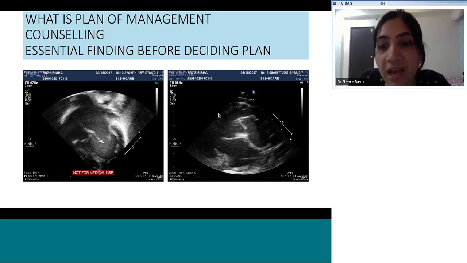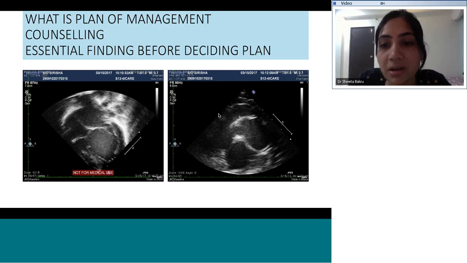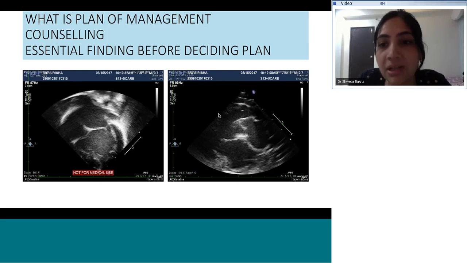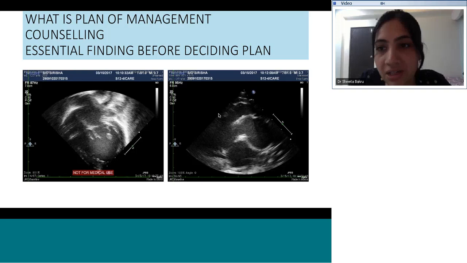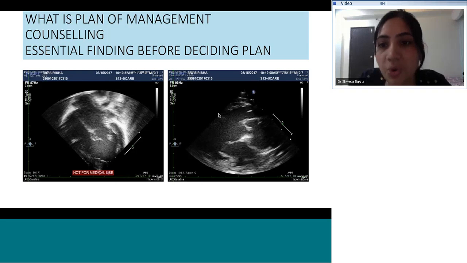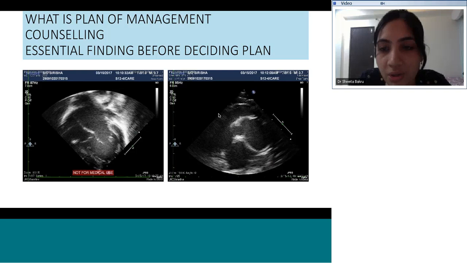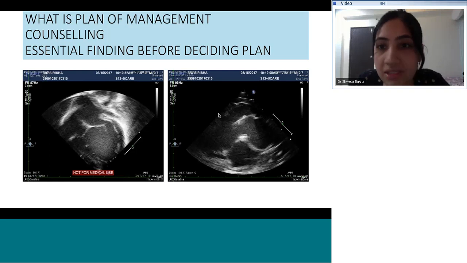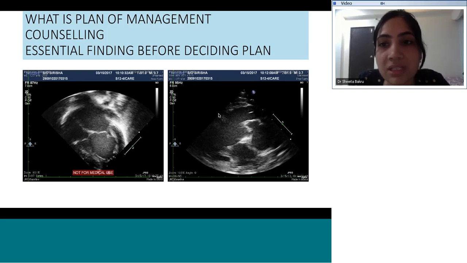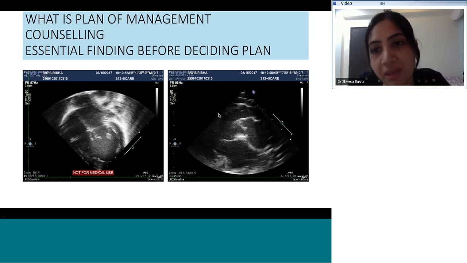We should also look for coarctation of aorta. Again, that can be masked if there is an associated ductus arteriosus. So coarctation of aorta and subaortic narrowing we should look for before sending a patient for PA band. So, very good answers. And at what age do you want to send them for PA band?